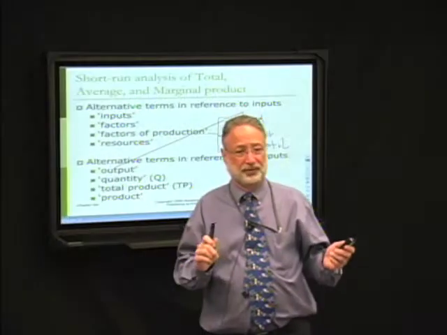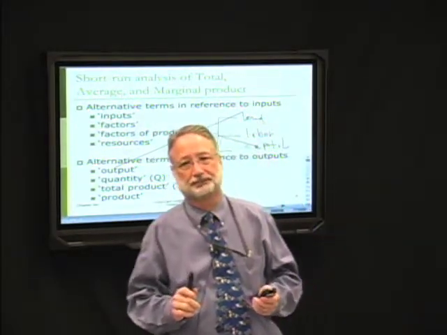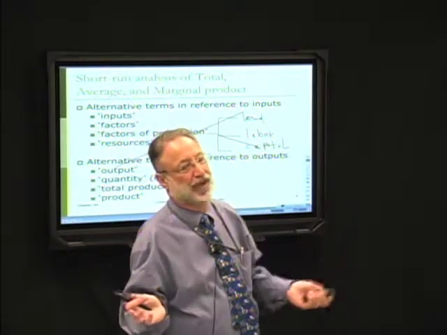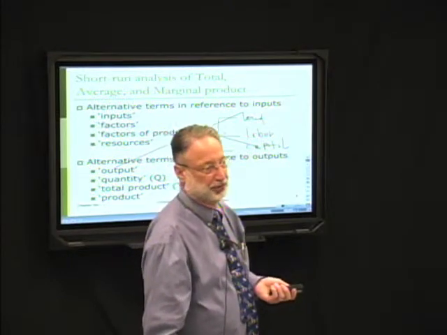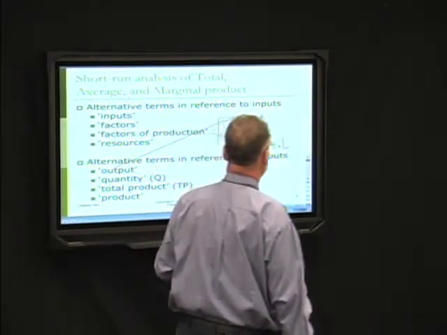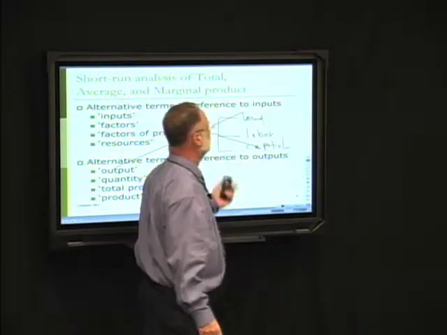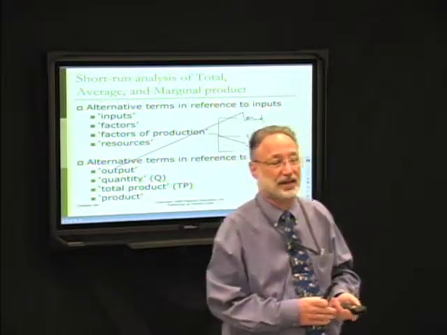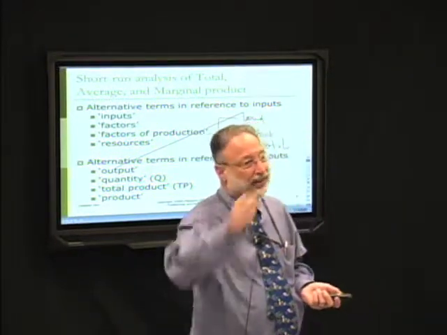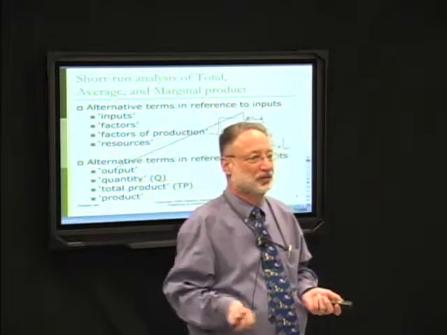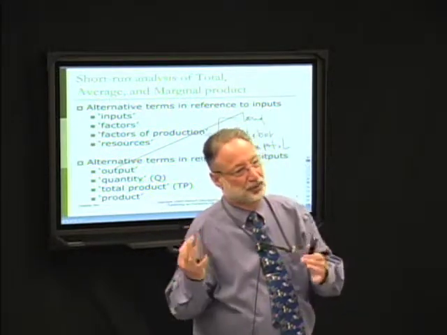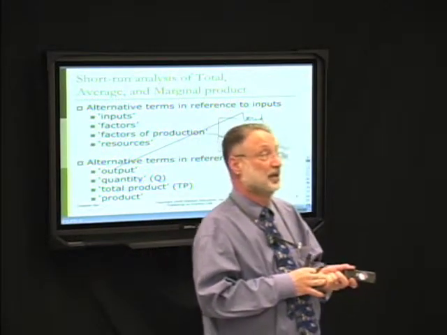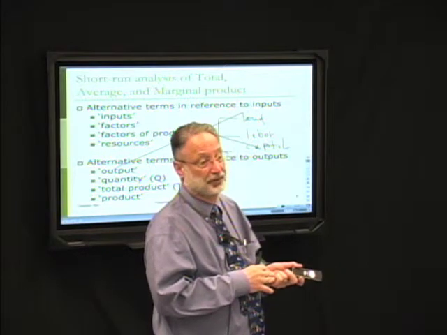There is a debate, particularly from the management side of academics, to include a fourth factor of production called entrepreneurship. Those of us who are to some extent purists argue that entrepreneurship is just a specialized form of labor and there is no particular need to add a fourth one. However, in my case, having worked in a corporation where I actually worked for a true entrepreneur, I'm more inclined to argue that putting the fourth one in there, entrepreneurship, probably has some value.